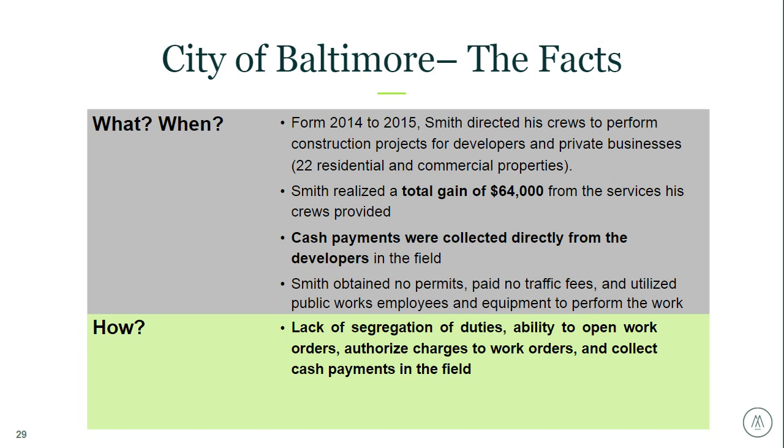So he was in that perfect position to commit the fraud, as there was a lack of segregation of duties, but more importantly, his crews did not undergo any fraud or ethics training that would have helped them identify and maybe report the issue to the city early on in the process. And I think that's where that stat from the fraud examiner's report that I shared earlier comes into play. As we noted, that fraud is more likely to be identified through an employee tip if the employees have been through routine fraud and ethics training.